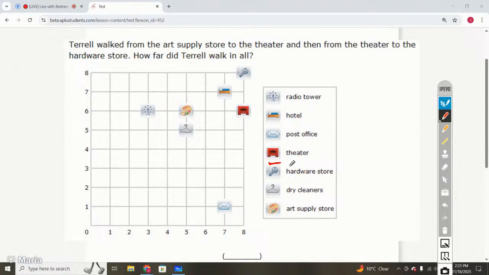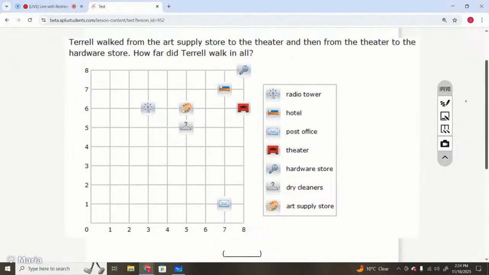Here is the theater and here is the hardware store. So the distance from the theater to hardware store is,